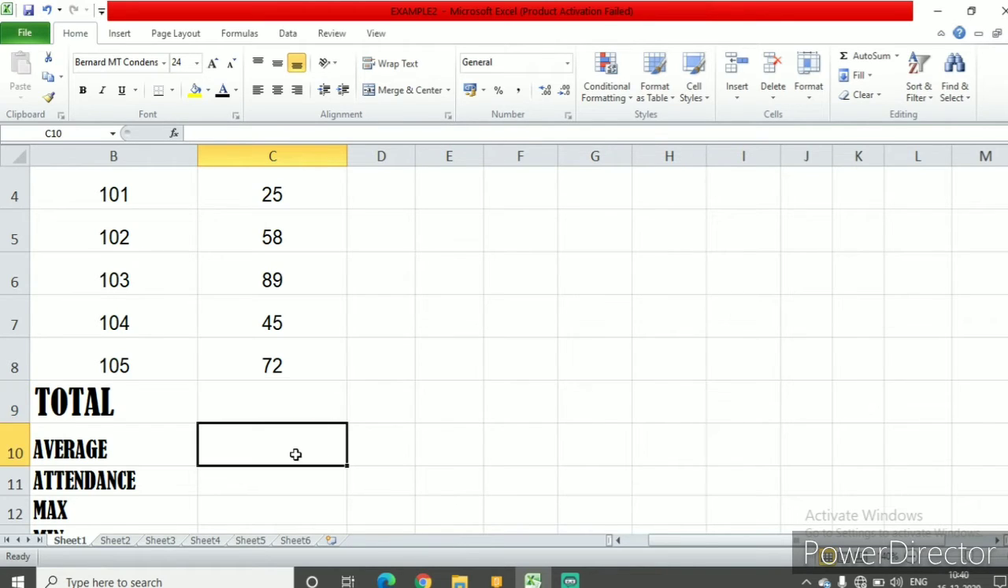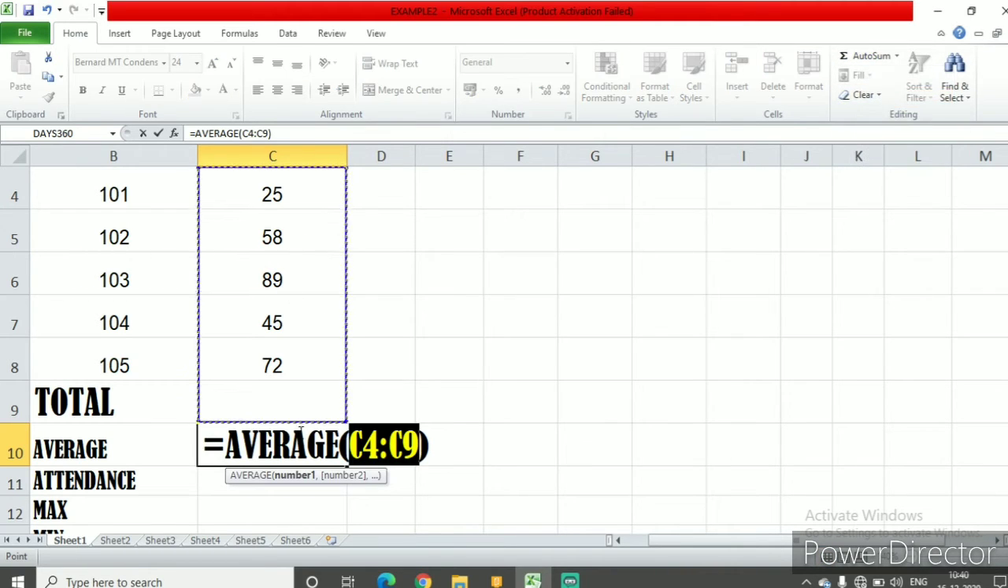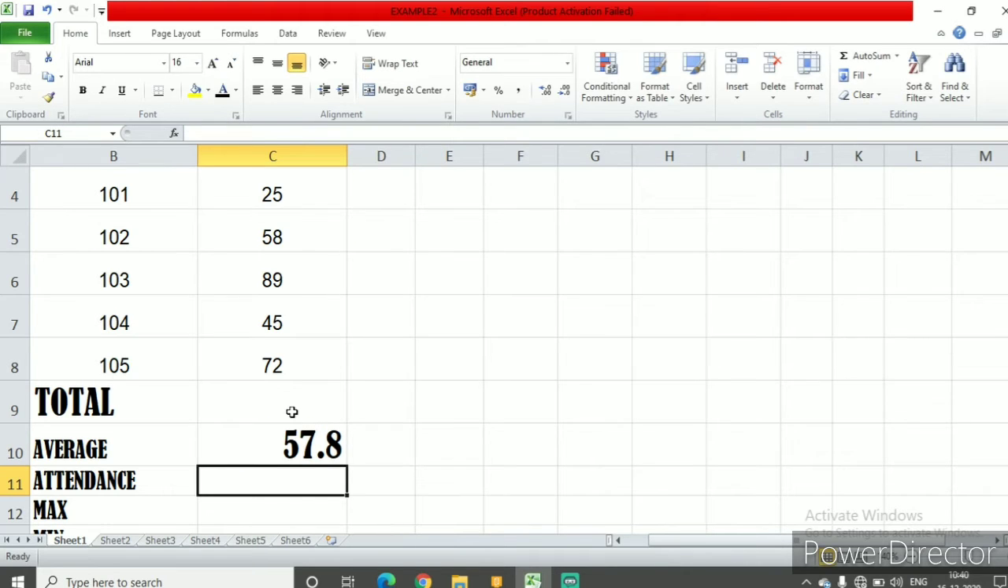Now this is going to be my resultant cell. I'll keep the cell active here. I'll go to the AutoSum function and I will press average here and I get the average from C4 to C9 and there I press enter and I get the average as 57.8. So this is how I got the average. Now I'll remove this also and now I'll show you the